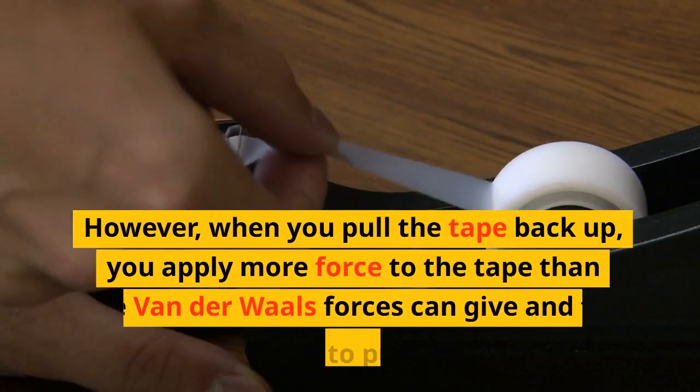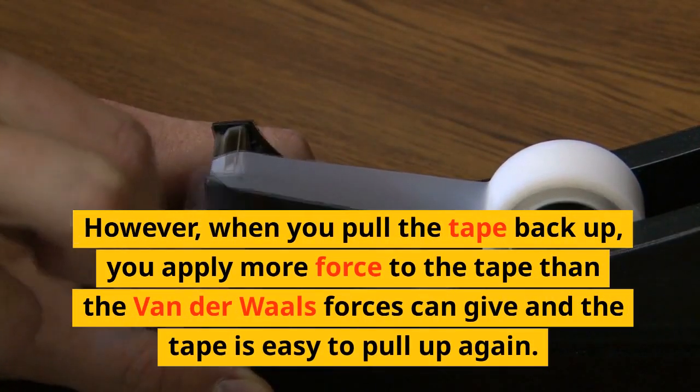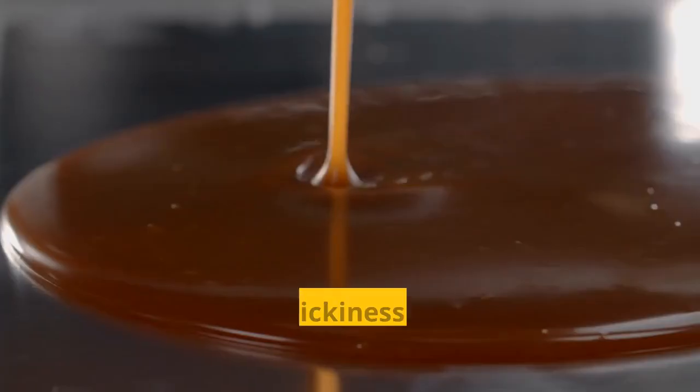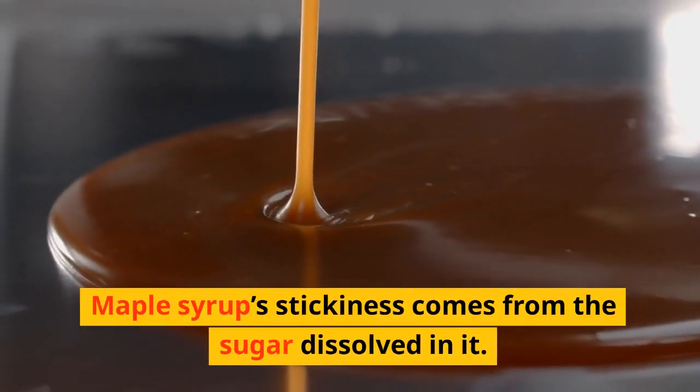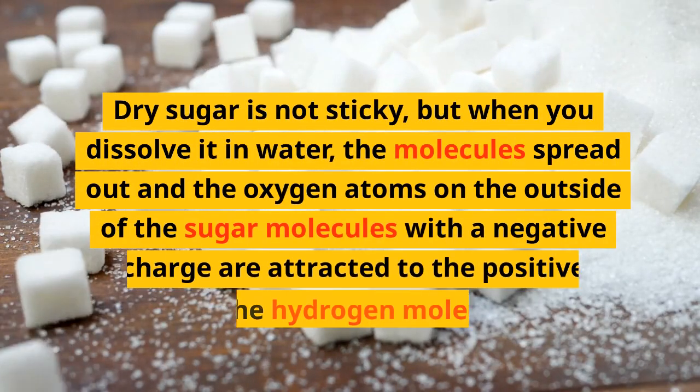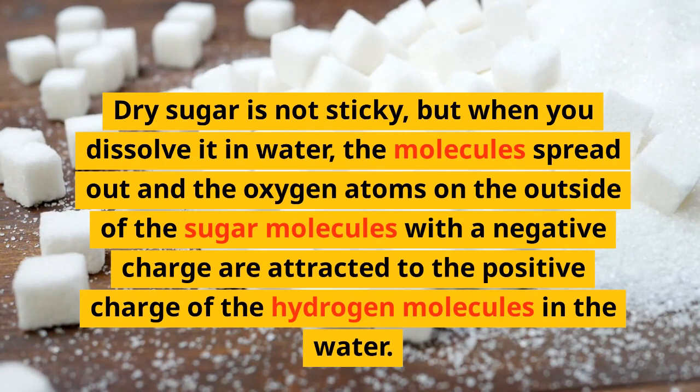However, when you pull the tape back up, you apply more force to the tape than the van der Waals forces can give, and the tape is easy to pull up again. Maple syrup's stickiness comes from the sugar dissolved in it. Dry sugar is not sticky, but when you dissolve it in water, the molecules spread out and the oxygen atoms